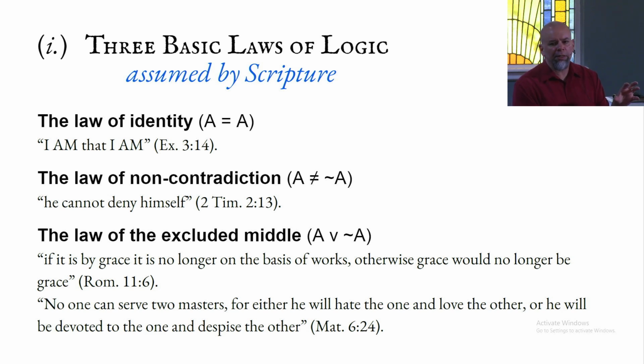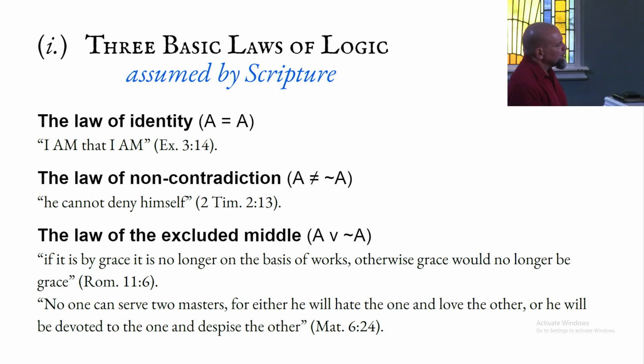So every situation in life, you'll hear sometimes, but don't you know there's gray areas in life? To which I would respond to that person, so there's not gray areas in life. They'll say, no, there are gray areas. Okay, no, I agree with you. So there are gray areas in life, and at the same time, in the same relationship, not gray areas. Well, no. You're borrowing from the law of non-contradiction. So every both-and situation in life is also inside of the either-or. The either-or is supreme, and that's going to be a reflection of God's mind, that there's only one reality, and it has to be consistent.